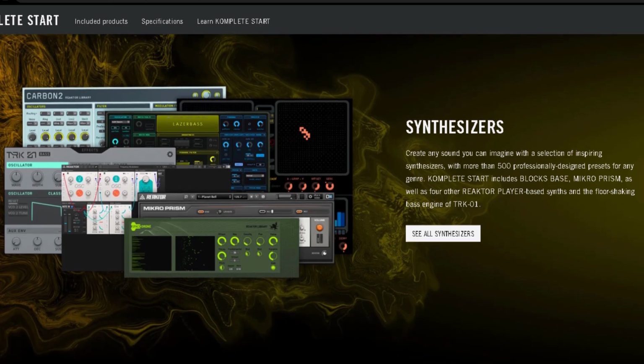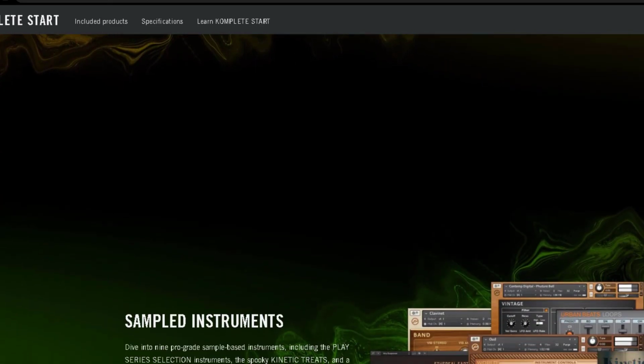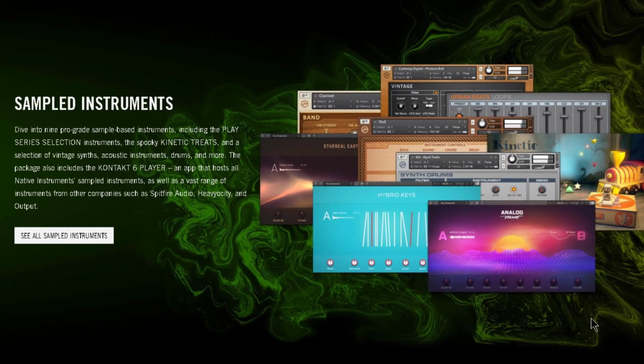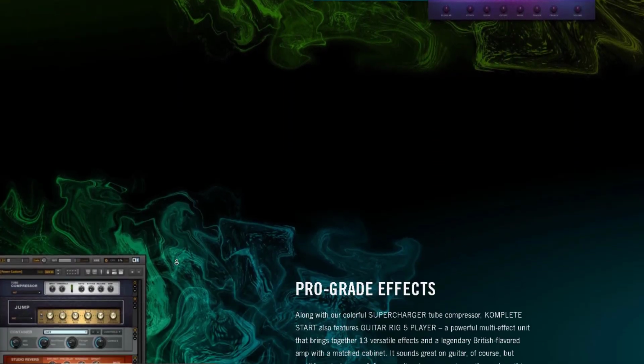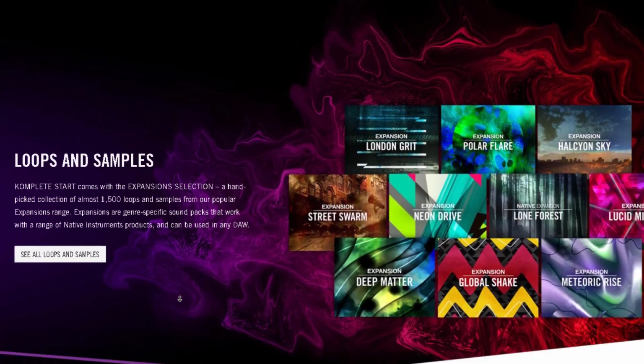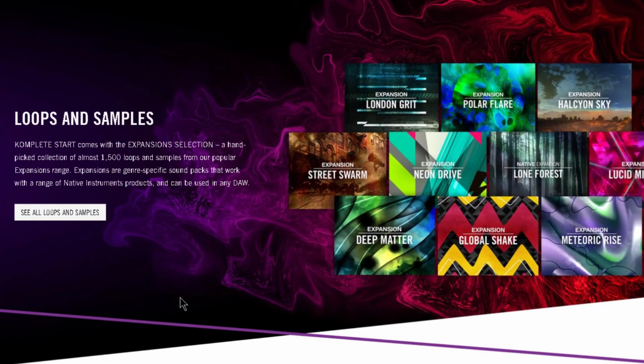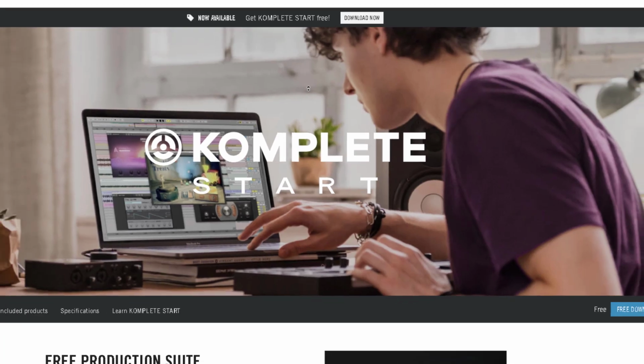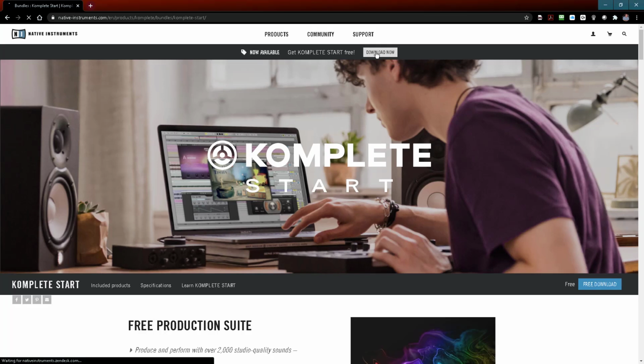We are going to get a number of VST instruments ranging from really cool pads to lush environments to really bizarre sounds to straight ahead 5-piece band type of instruments. And then we also get a couple of different pro-grade effects, and then a ton of different loops and samples. So one of the things that's great is that we're going to get that Kontakt Player as